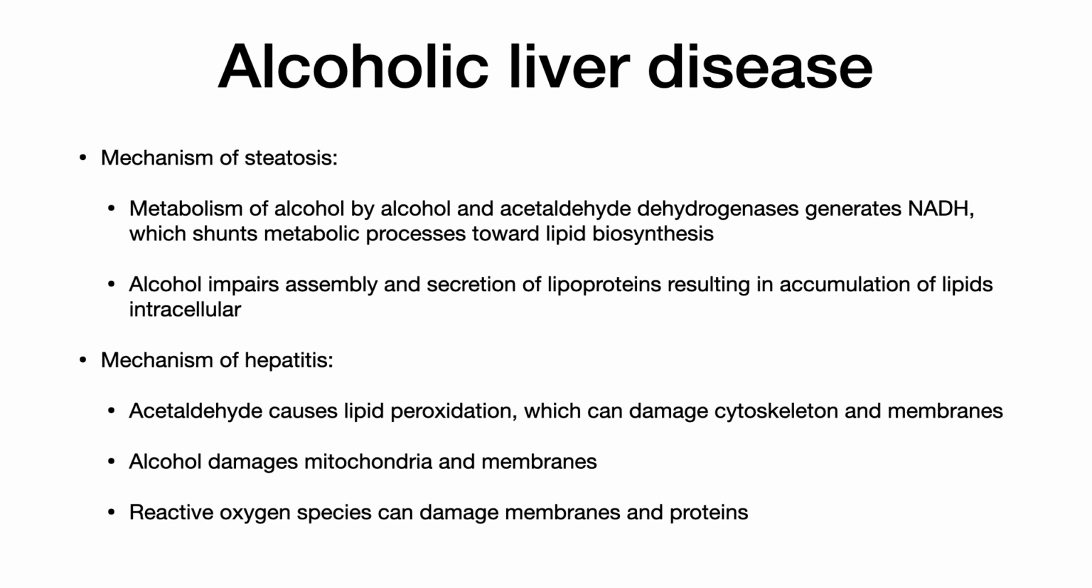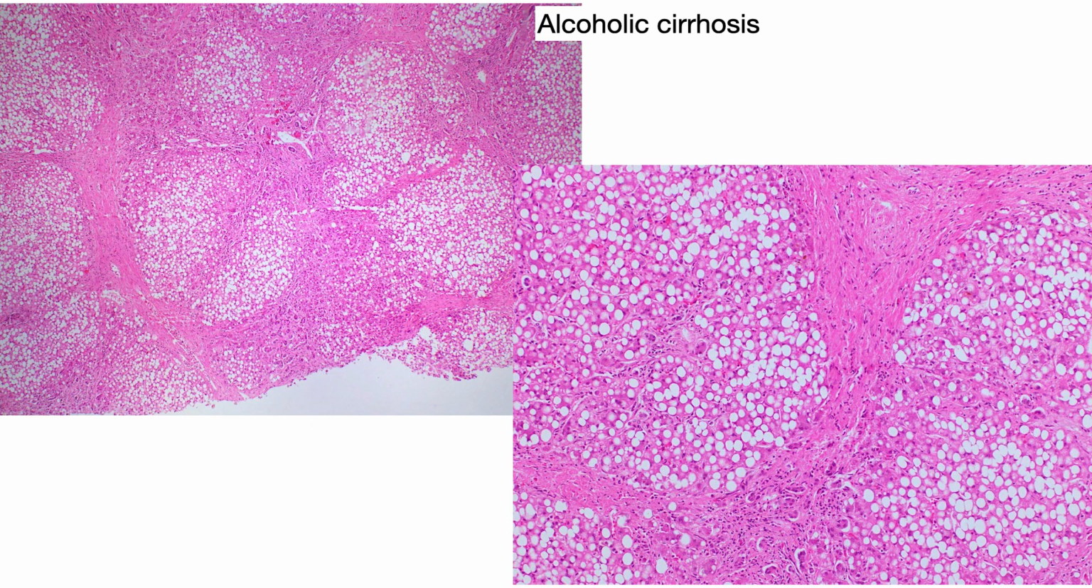And the mechanism by which hepatitis occurs: acetaldehyde causes lipid peroxidation, and that, as you know, damages the cell. Alcohol itself can damage the mitochondria and the membranes, and then reactive oxygen species generated by the inflammatory process can damage membranes and proteins. That's the mechanism by which alcoholic liver disease causes the hepatitis and the steatosis. You can get diffuse fatty liver with alcoholic liver disease, and then you can ultimately get alcoholic cirrhosis. And that's what this is. You can see the nodules of hepatocytes with macrovesicular steatosis, divided into variously sized nodules by